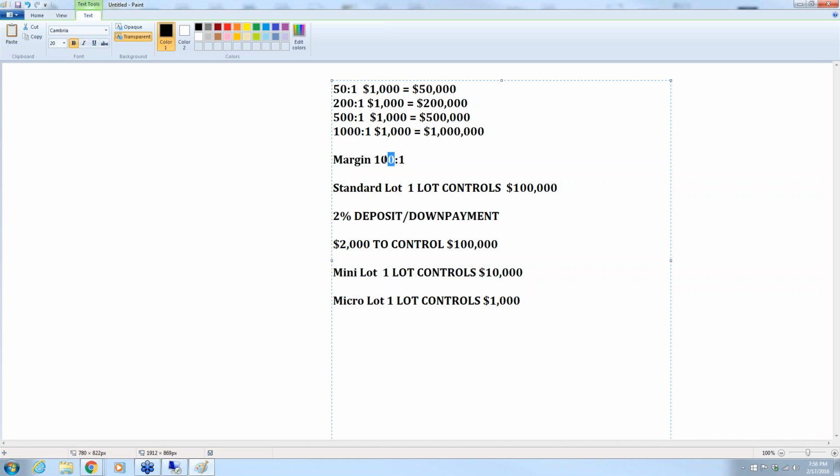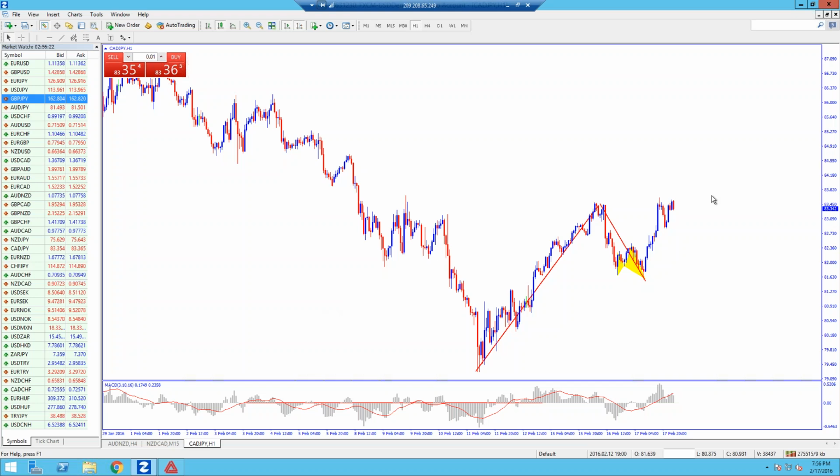So, let me go back here. For a standard lot, you're controlling $100,000 with the 2% deposit. On a mini lot, you're controlling $10,000, and let's just say it's roughly $200. It's 10%. On a micro lot, you're going to invest $20 to control $1,000. That's the power of leverage, because when the fluctuation happens in the markets here, you see all these little fluctuations